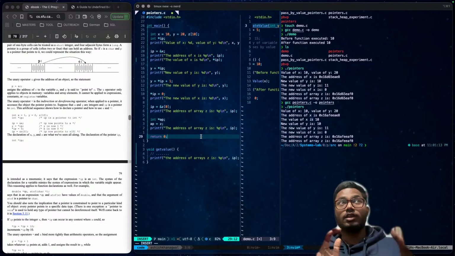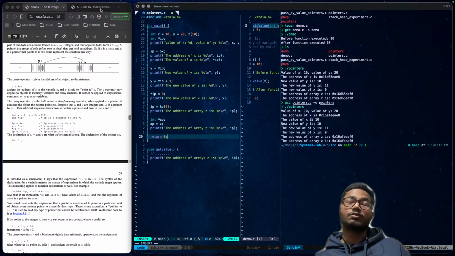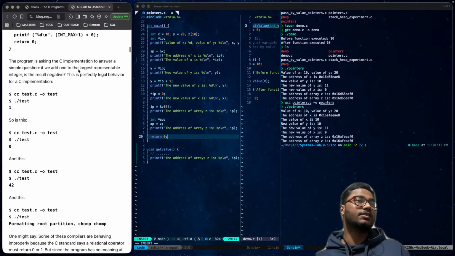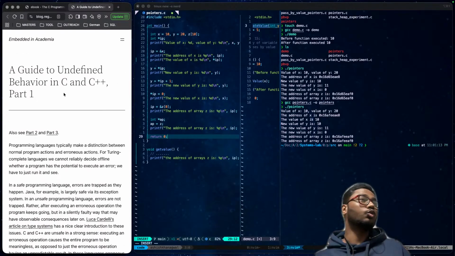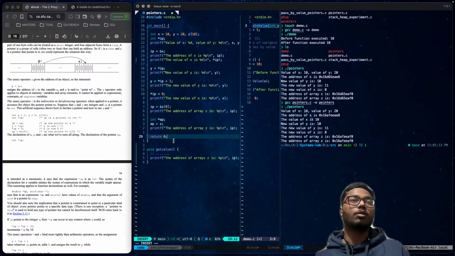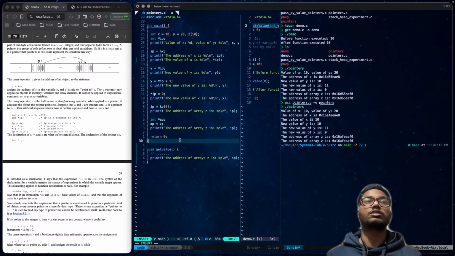You can get undefined behavior here, and when we talk about undefined behavior, here is a really nice article to read about undefined behavior in C and C++. We will jump onto it. So this is the concept of a dangling pointer. Once our function is completed, all the data is gone, and the dangling pointers are pointing towards nothing, maybe undefined behavior.